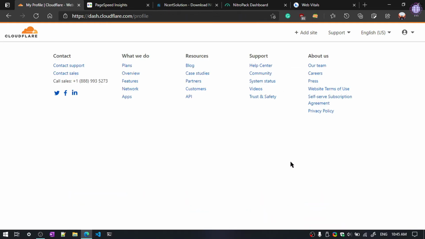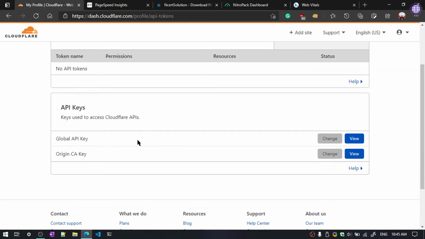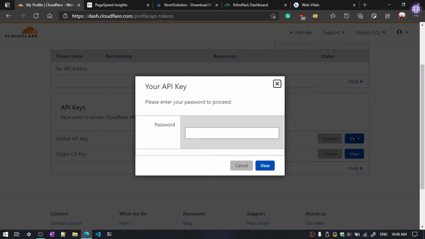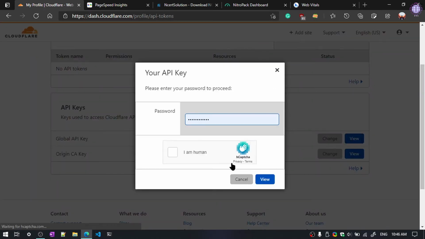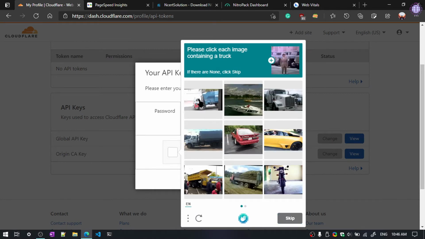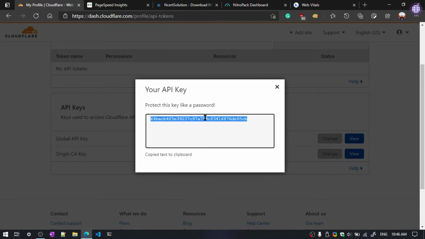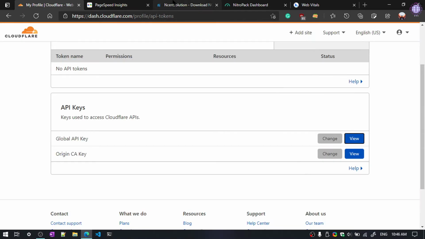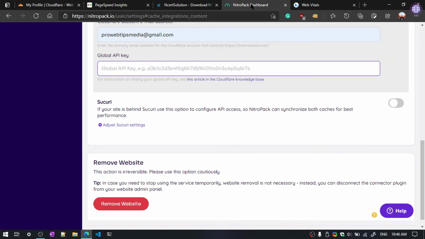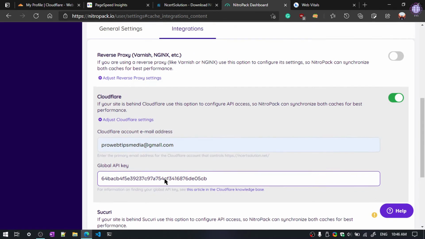Get your API token, click here, and you can see your API token. Now the global API key. Now again go to the NitroPack.io website and paste the API key here. Okay, then